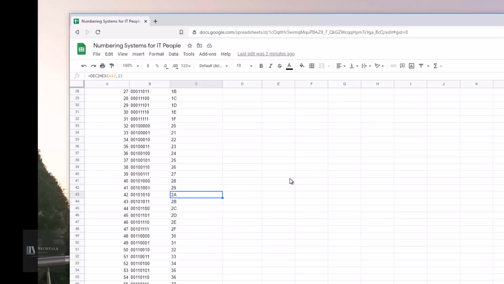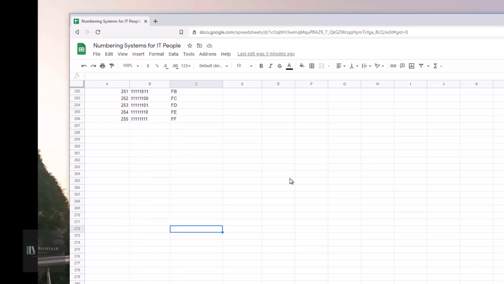So when I'm talking to you about hex, I'll say 2 Alpha, 2 Bravo, 2 Charlie, 2 Delta, 2 Echo, 2 Foxtrot. For those of you too young to remember or who aren't into dancing, Foxtrot is an old World War II era dance. I'm going to scroll down a little ways, clear to the bottom to 255, and I